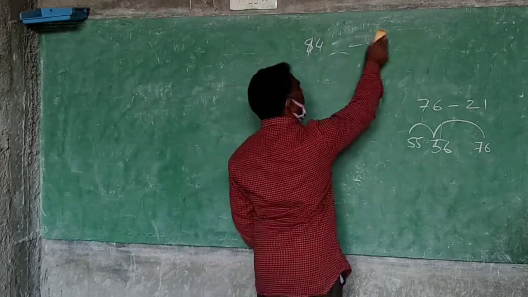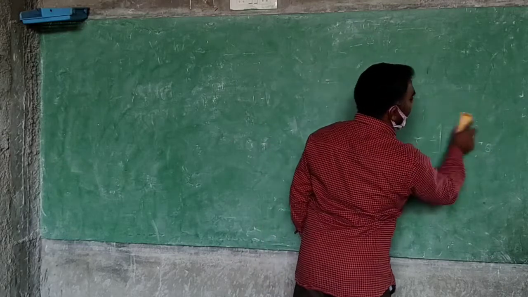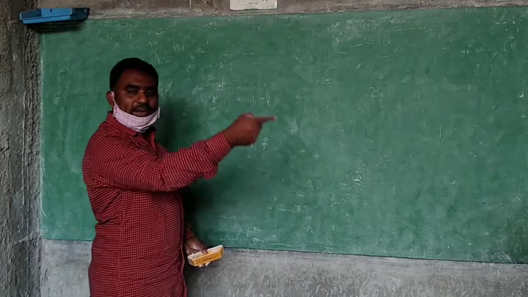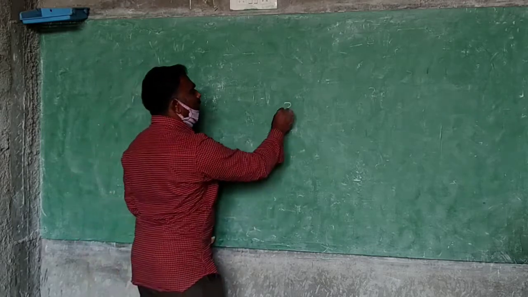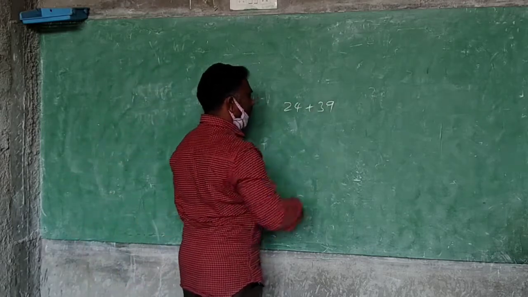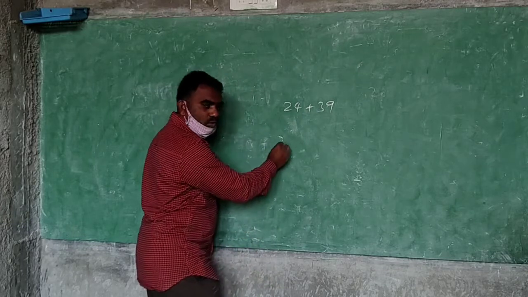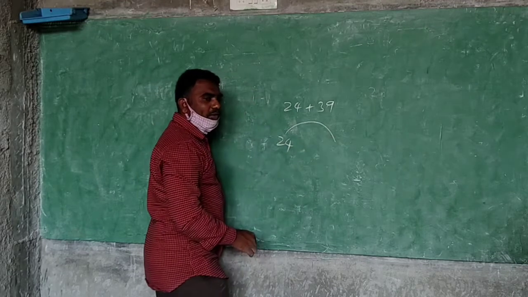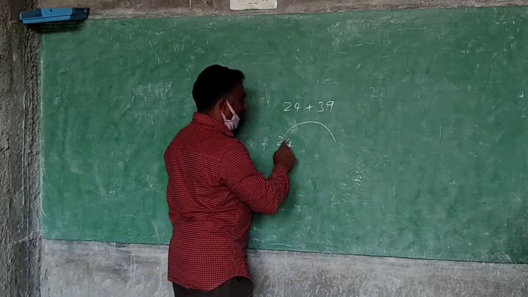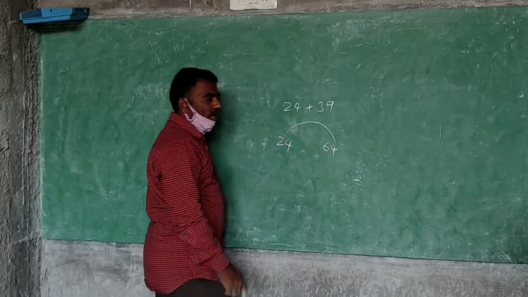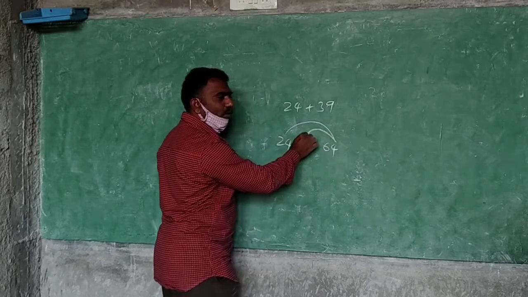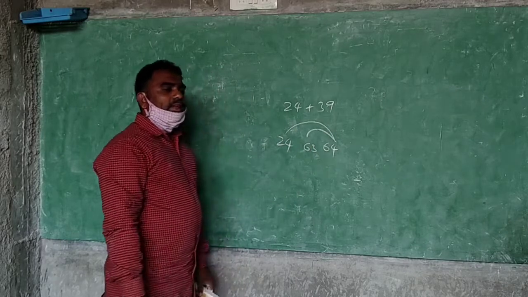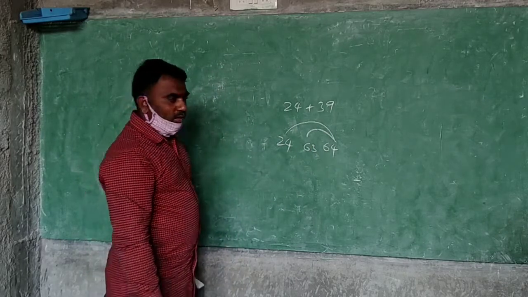Additions also like that only. Yesterday I said to you additions. Sometimes front and front only. Sometimes front and back. You see here: 24 plus 39. Then what will I do? 24. How much will you take? You will take 40. 40 means, you know, 64. Extra you take, no. That's why what will you do? You will come back. 1 back. 63. You understand?